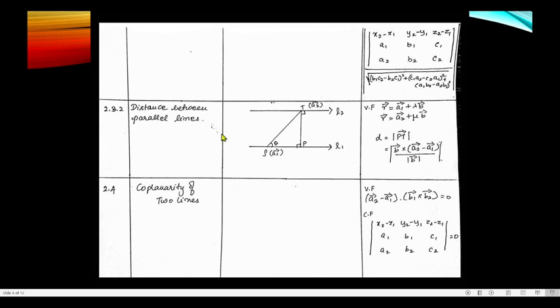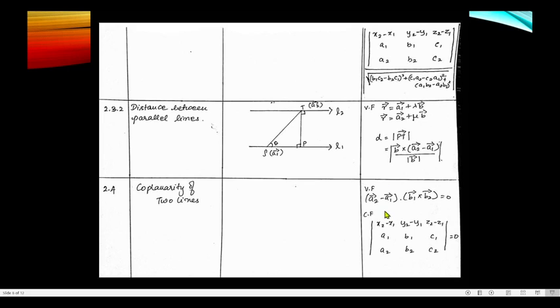And the next formula, distance between parallel lines. So first we have seen skew lines, this is parallel lines. Vector form, r vector is equal to a1 vector plus lambda b vector, r vector is equal to a2 vector plus lambda b vector, and here d, that is distance, is equal to modulus of b vector cross (a2 vector minus a1 vector) divided by modulus of b vector. As it is a parallel line, b vector, that is direction ratios for both the lines, are the same, and a1 vector is the point on the first line and a2 vector is the point on the second line.